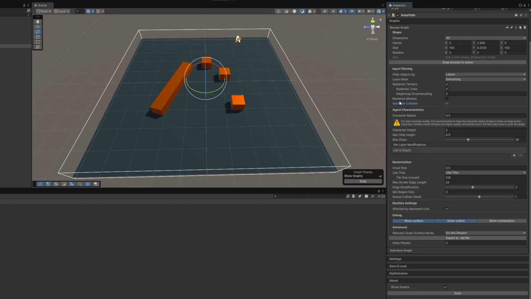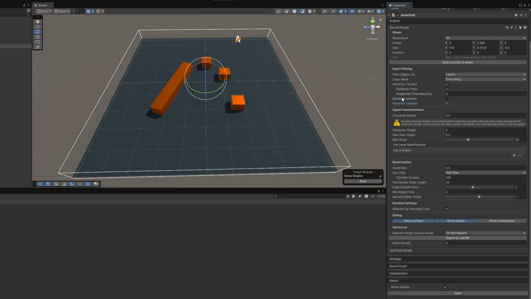Typically, colliders will be faster when scanning or updating the graph, and it is the recommended option if you are doing graph updates during runtime. But using rendered meshes can in some cases be more accurate, since colliders tend to be heavily simplified. However, one advantage to using colliders is that they are solid, so no nav mesh will ever be generated inside of them. In contrast, meshes are just a bunch of triangles, and the system cannot really tell the inside from